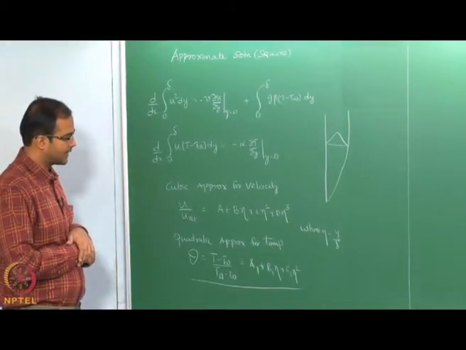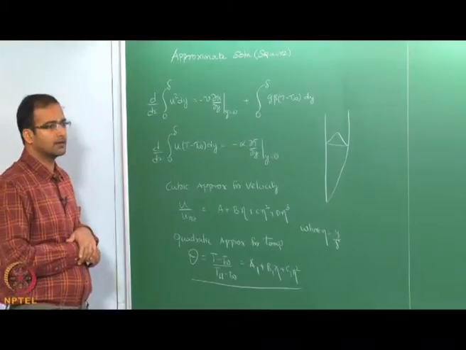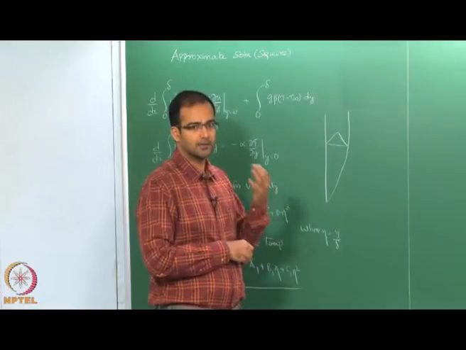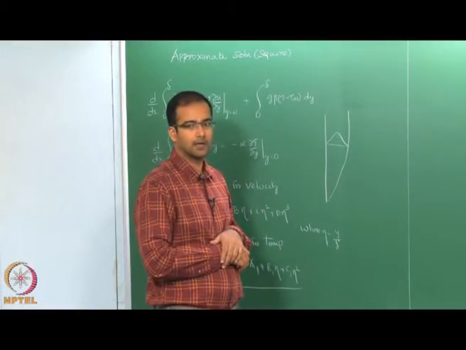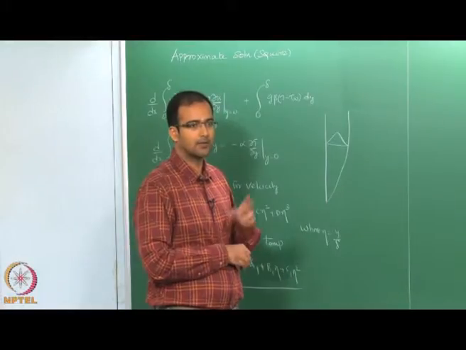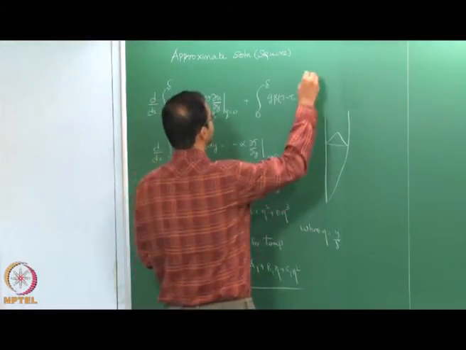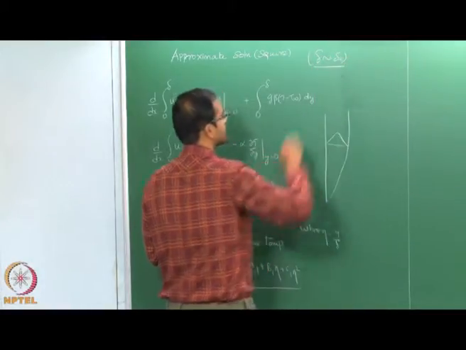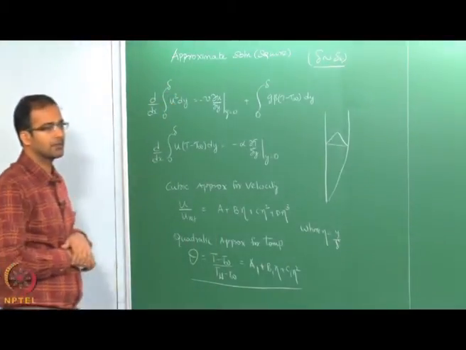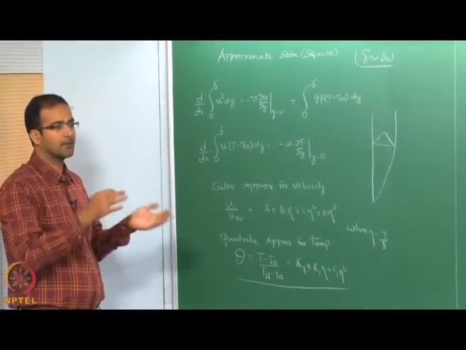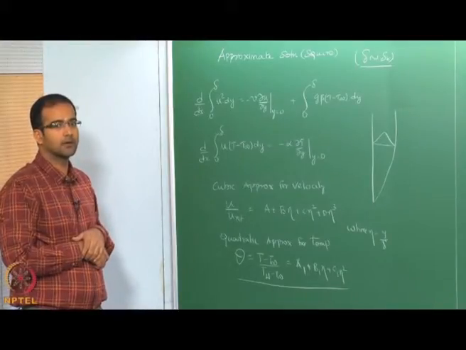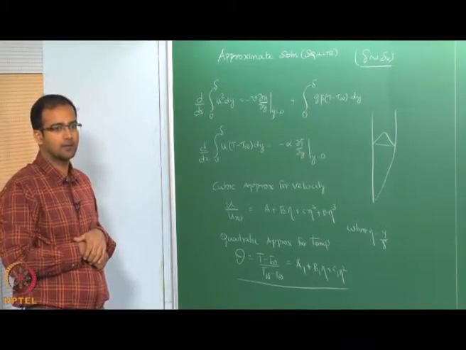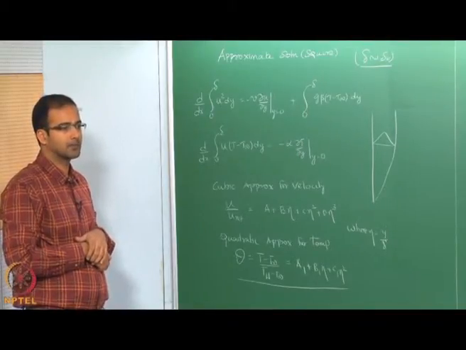And the other approximation that Squire did was, because we have several unknowns here, we do not know the reference velocity, we do not know the momentum boundary layer thickness and also the thermal boundary layer thickness. However, we have only two equations. Therefore, he made the assumption that the two boundary layer thicknesses are approximately the same. This is valid if your Prandtl number is close to 1, it can be between 0.7 to something like 1.2, 1.3, which most of the gases are within this particular range of Prandtl numbers, and therefore, this is not a bad approximation to make.